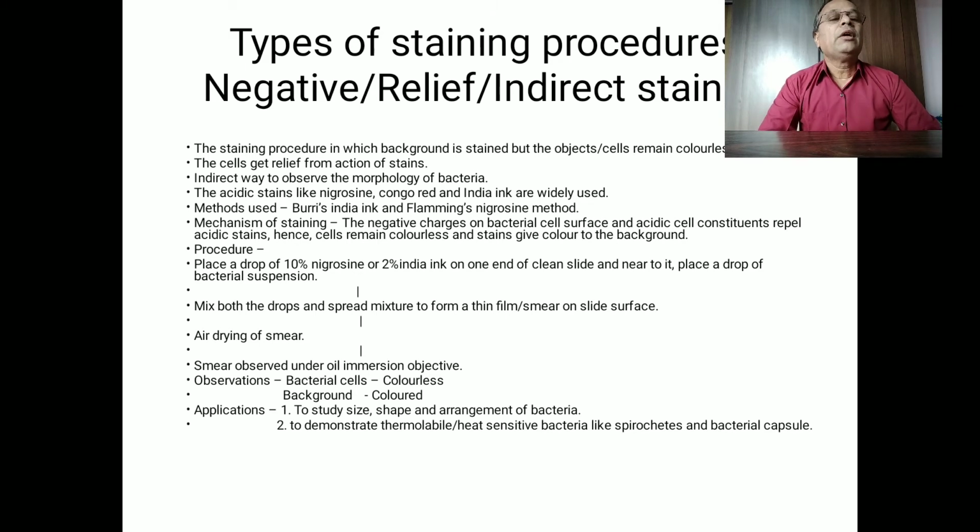In addition, in order to demonstrate certain anatomical parts of the bacterial cells, for example, some bacteria have an extra capsule or a slime layer. It contains more amount of water, and that's why when we apply heat, there will be loss of water and shrinkage of capsules. So if such capsules are to be observed intact, heat is not to be used, and for that the best method for demonstration will be a negative or a relief staining.